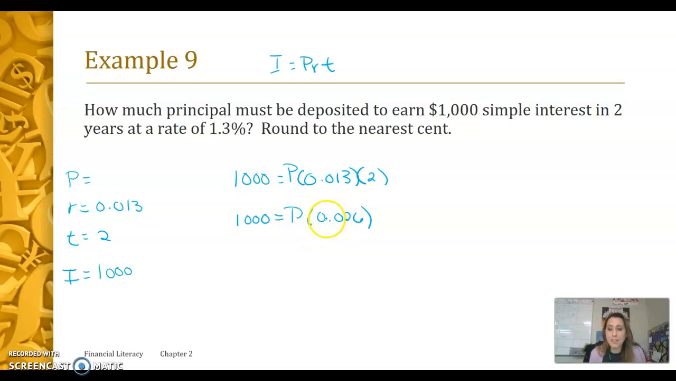Well, how do I isolate an unknown? I divide. I do the opposite of what's happening to it because it's being multiplied. So if I divide by 0.026, then if I do that on this side, I have to do it on this side. So 0.026, and we end up with